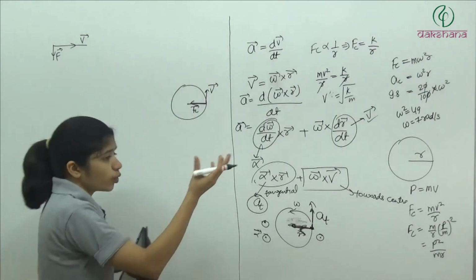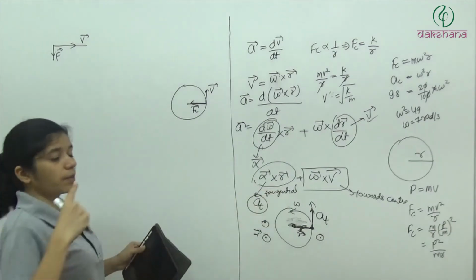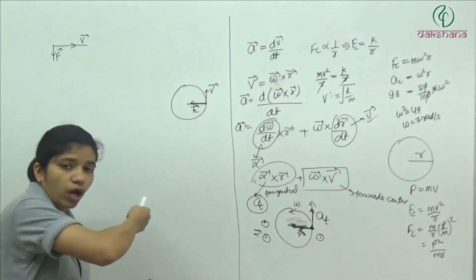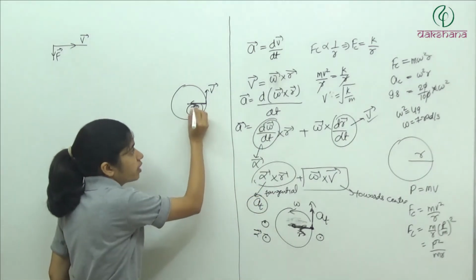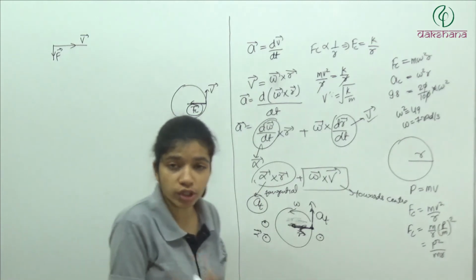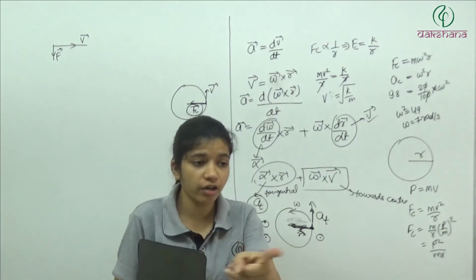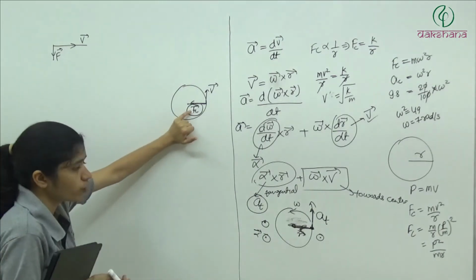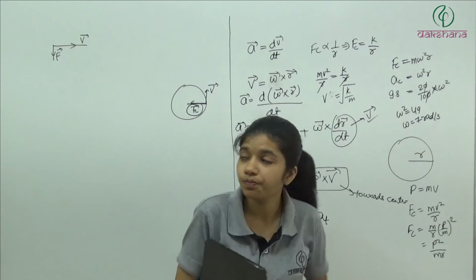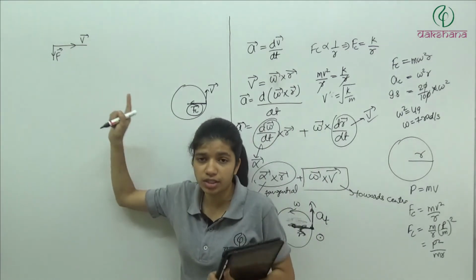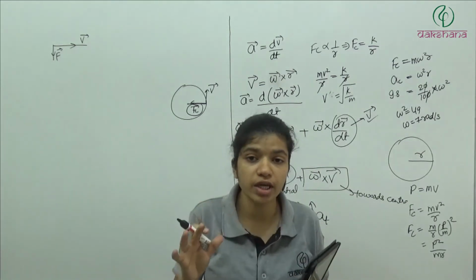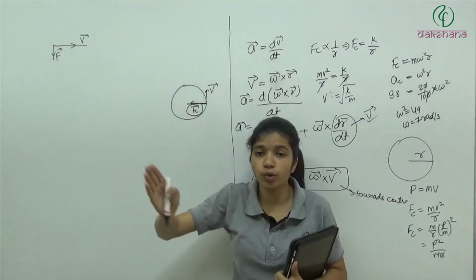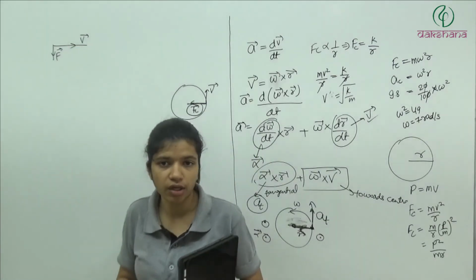So if this force is very large, you will turn very quickly, and if it is smaller, your turn will be more gradual, clear? So this force is responsible for the radius in which you are going to turn, the curvature of the curve you are going to make depends on this force. So when you want to find the radius of curvature for the particle, what do we have to focus on? The force perpendicular to the velocity, or the acceleration perpendicular to the velocity, clear?